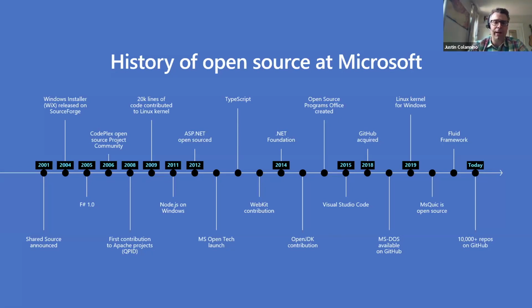And that open source programs office, the role was really to try to standardize our processes around inbound, outbound, open source, and understand. The business really realized, look, we have these dependencies, we don't have a systematic way of dealing with it, and it's causing churn in our developer organizations. And so what is that?